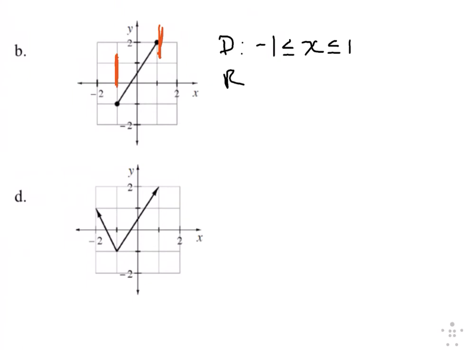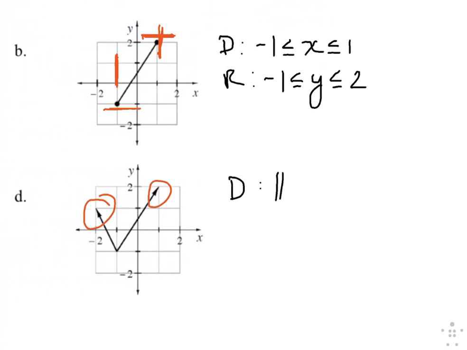The range goes from here, right, 2, down to negative 1, right? So the range is negative 1, less than or equal to y, less than or equal to 2. And for D, the x goes to the left forever and the right forever, right? So that one's pretty straightforward. The domain is all real numbers. And